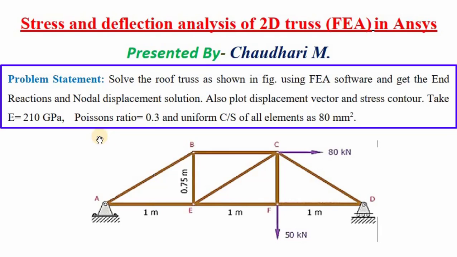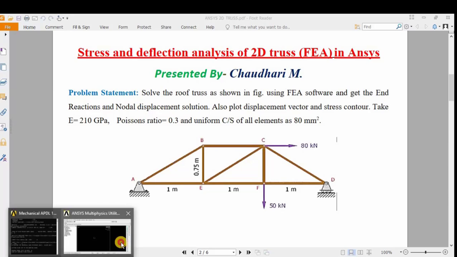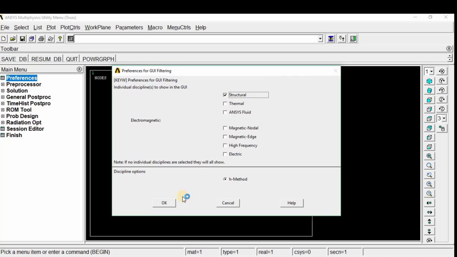Take E equal to 210 GPa, meaning gigapascal, and Poisson's ratio is 0.3, and uniform cross-section area of all elements as 80 mm square. Okay, so there is a roof truss. First I start Ansys, go to preferences, structural, okay,